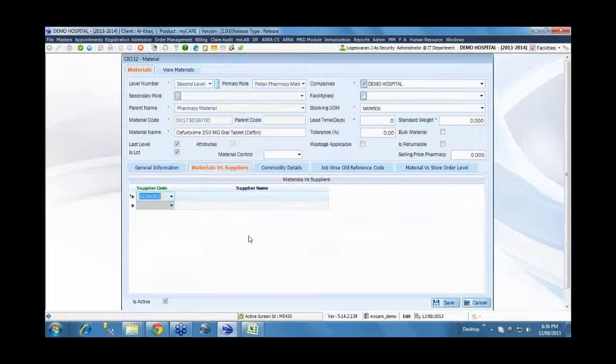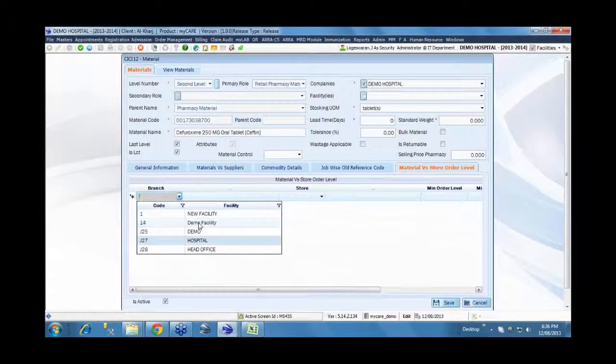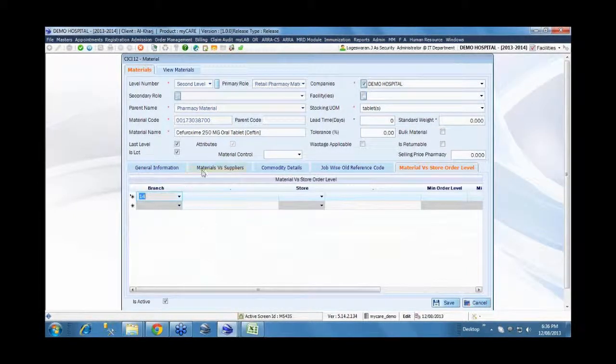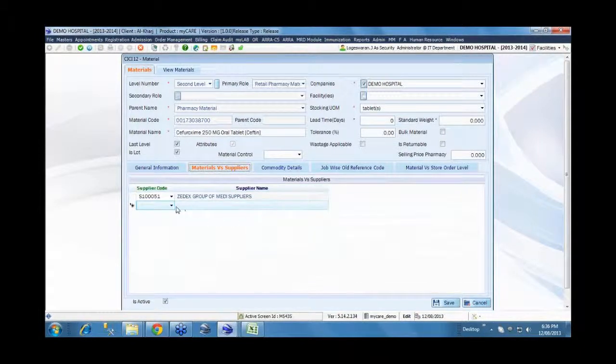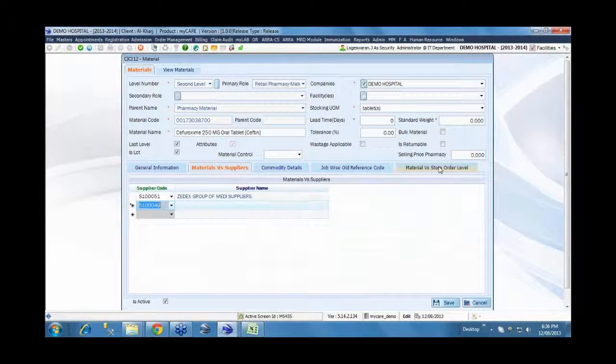As to what are the preferred suppliers for this particular item, this list can be updated automatically by the system. As and when you choose a particular supplier to supply this item, that can get added into this material versus supplies list as a preferred supplier. So next time you know who is the last supplier from whom we procured this item.